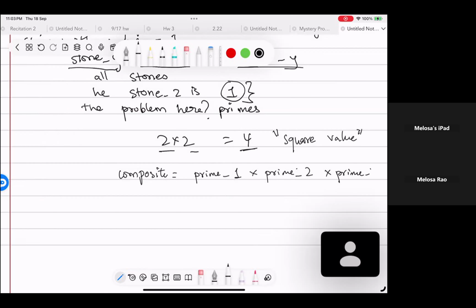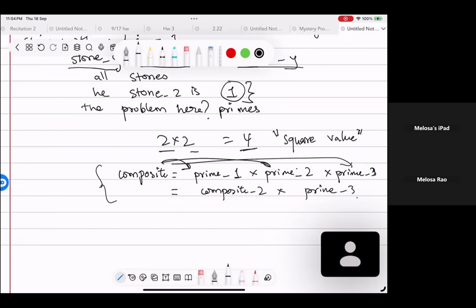It can also be written as some composite 2 times prime 3, maybe we can write it like that. So we can track these primes. We can track which primes track to which composite, right? Because composites can be written in 2 ways like this, but